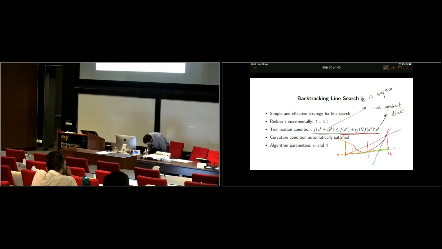I would come here and I would decrease it again until I fall inside the valid region, and then I will take that step. So then I take that step, I come here, and now I do the backtracking at this point. Maybe I'll come here. Now I do the backtracking at this point. I'll come here, and eventually you can see that you will go to the minima slightly quicker than usual.